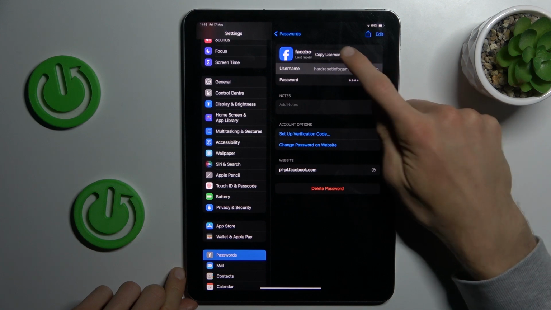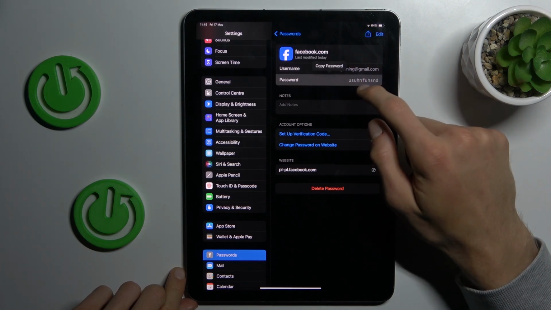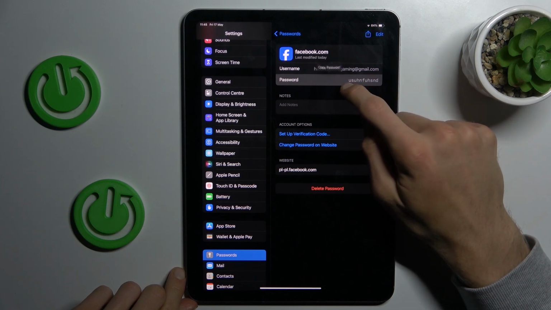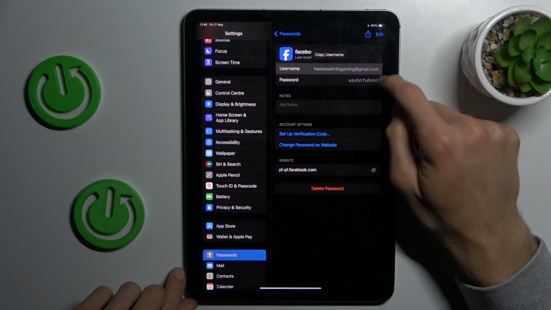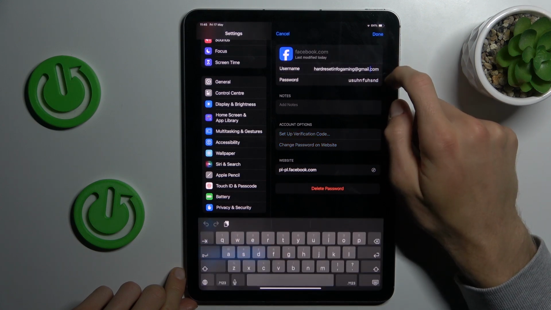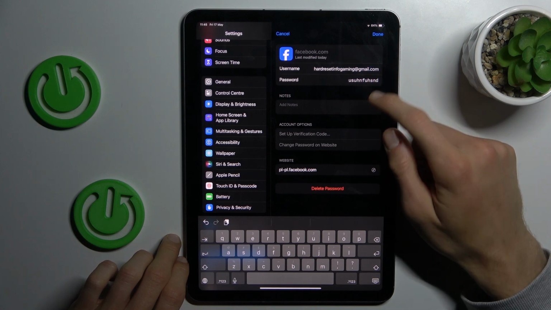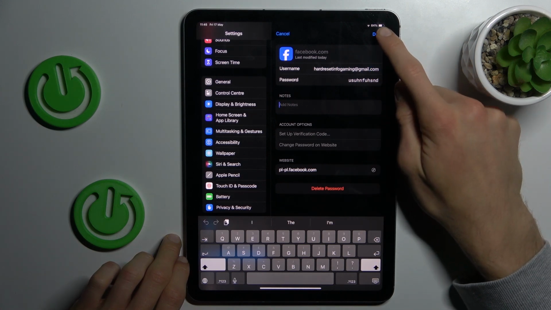And now we can copy our username, copy our passwords, or after we press on it, it shows us the password which we remember. We can also edit all by tapping there, tap there, edit and tap there, and we can write something new that you need. And the same story with passwords, we can add a note to that, and after you change something, we click done